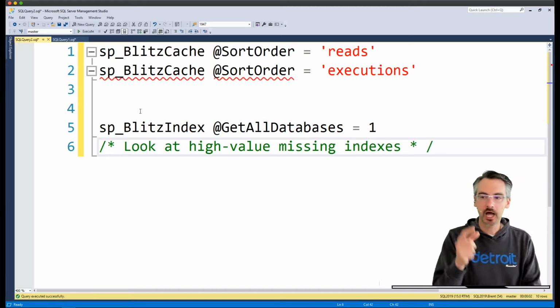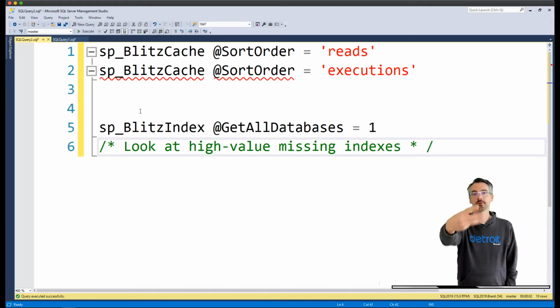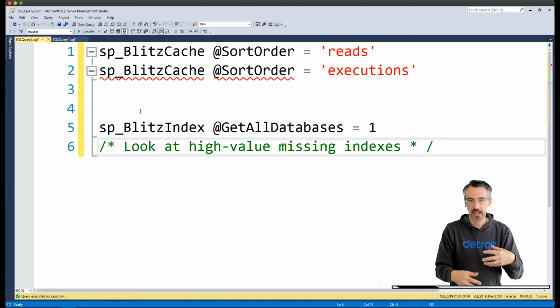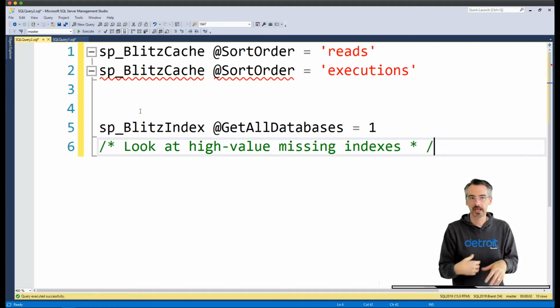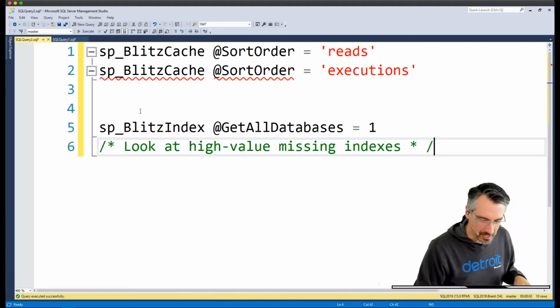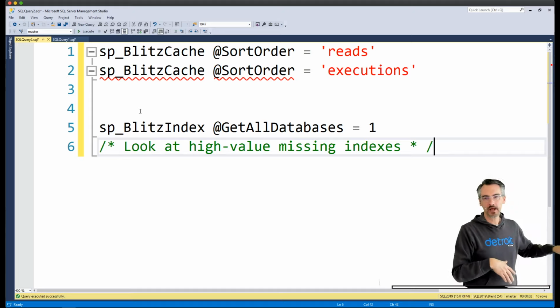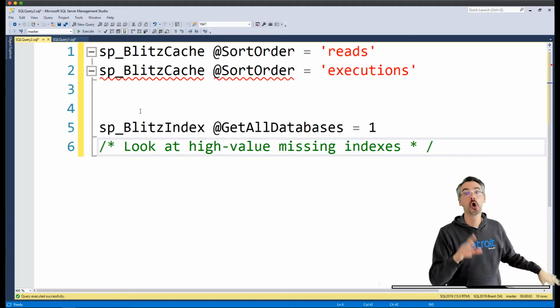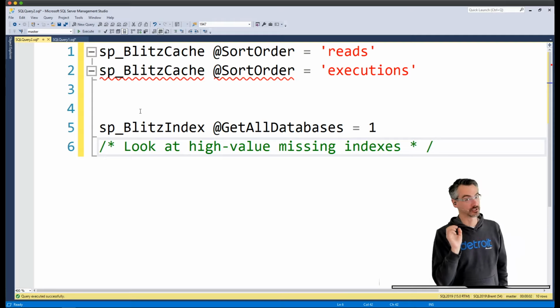You're going to see a common thread between all three of these. You're going to see a query that runs all the time, and it scans tables, and it desperately needs an index. And you might have the reaction of, oh, we know about that query. That's a back-end process. It doesn't matter. Oh, no, it does. It actually does.